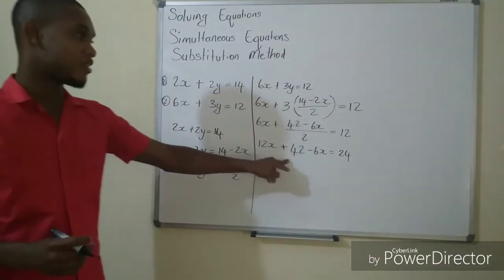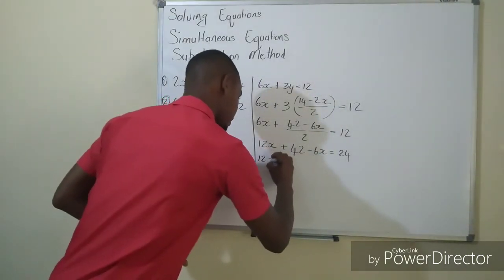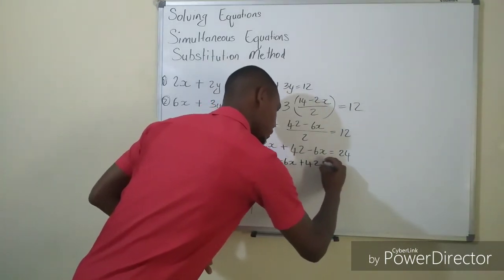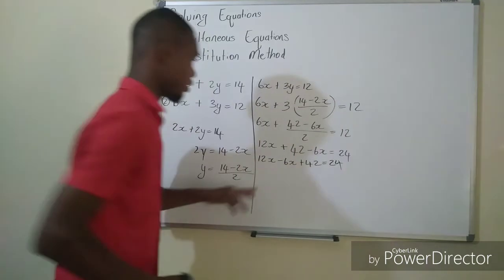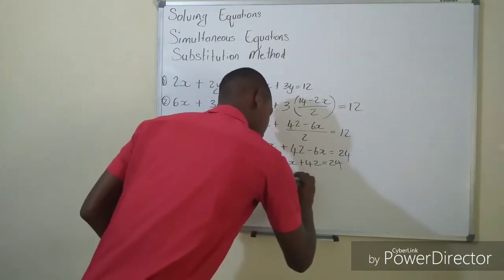Now that you have it like this, you can simplify it by grouping them. So 12x minus 6x plus 42 is equal to 24. 12 minus 6 gives you 6, so 6x